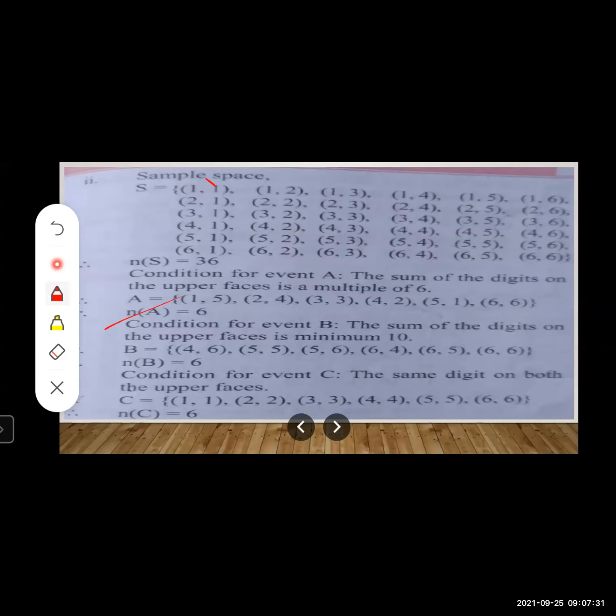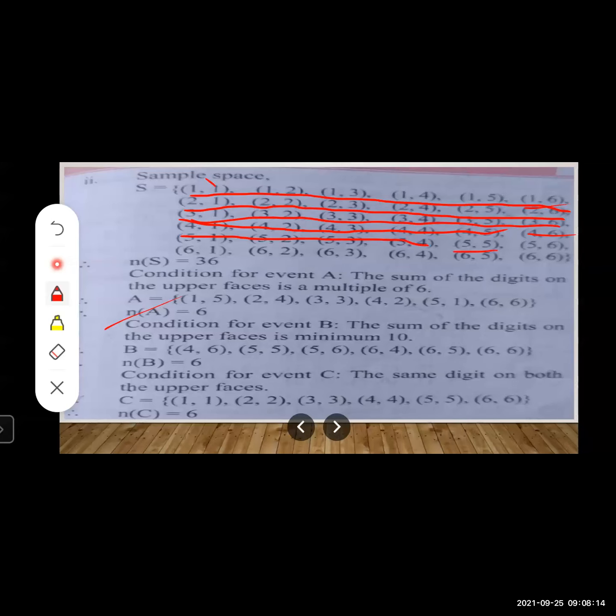So we will choose from the sample space our favorable outcomes. We want minimum 10, so here we can't go. Everywhere you can see the sums, like 1 plus 6 is 7, are lesser than 10, so we can't take them. Now here, 4 plus 6, the sum is not lesser than 10, we want minimum sum 10, so we can take 4 plus 6 is 10. Now here also you can't see anywhere.